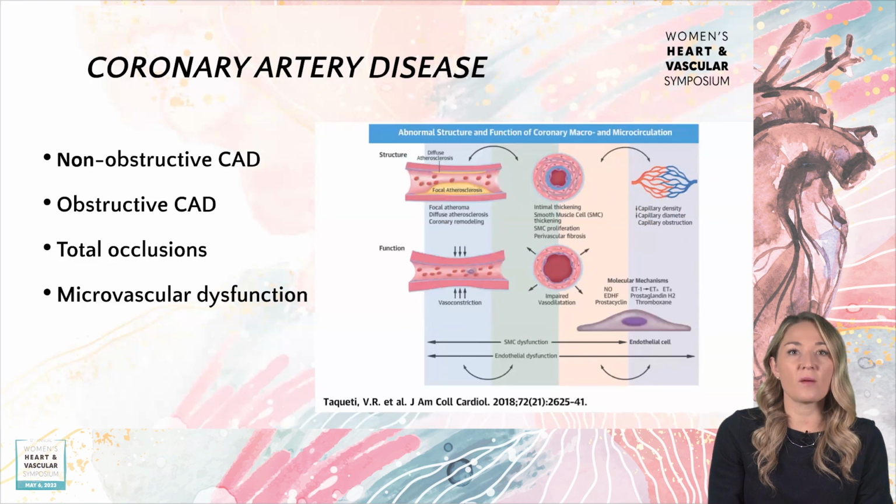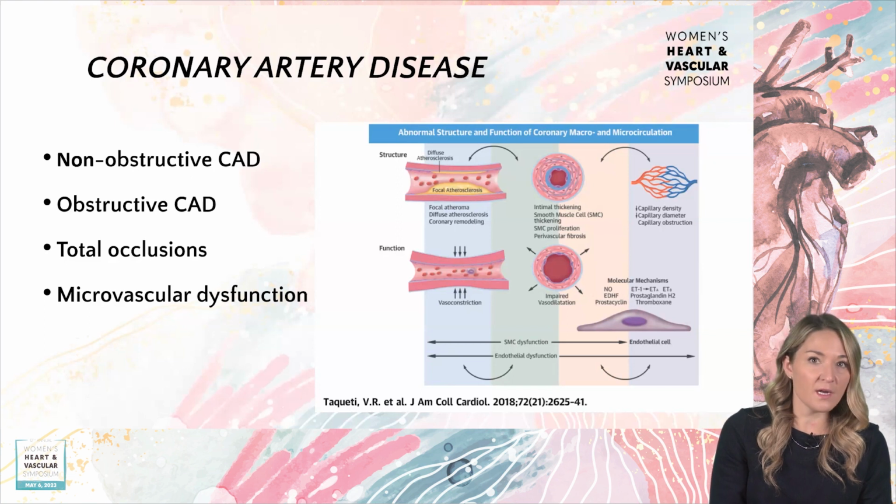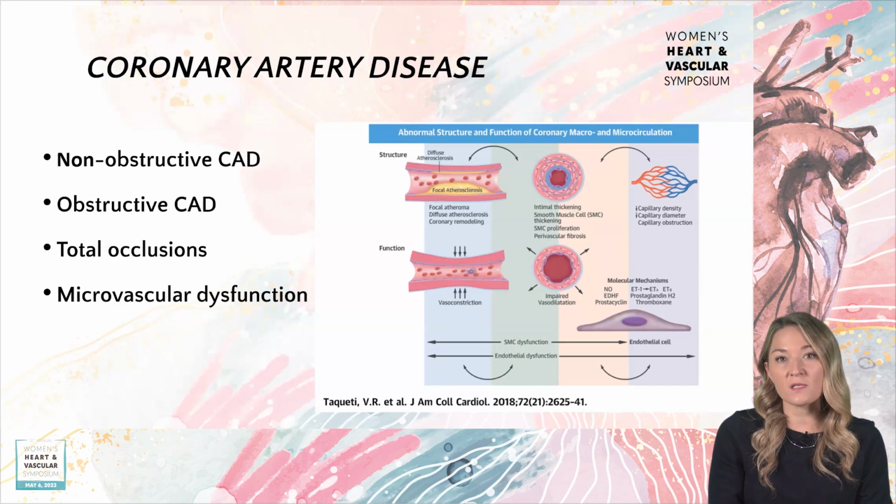This, again, is just touching on the abnormal structure and function of the arteries in our heart. So you see structure on top and function on the bottom. Structure on that top left, you see there's atheroma or atherosclerosis starting. And then you can see this disease process isn't only affecting the epicardial or main large vessels of the heart, but it also affects the capillaries distally. The function, of course, holds true too, as the vessels become stenotic or there are microvascular changes distally, the resistance increases, and this is when you can really get microvascular dysfunction and symptoms.